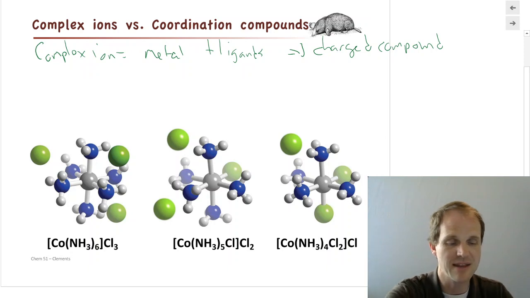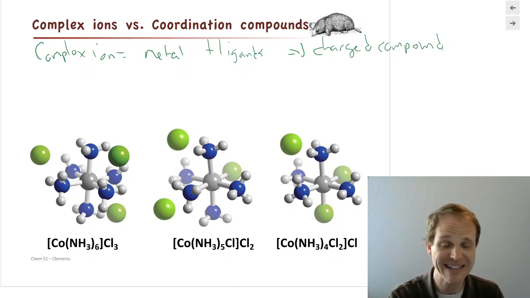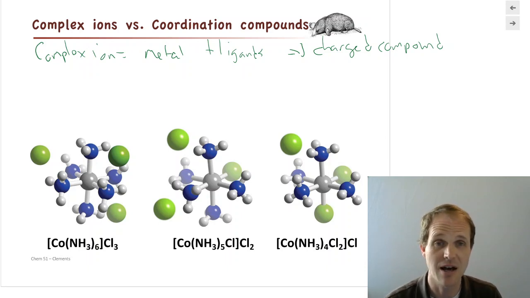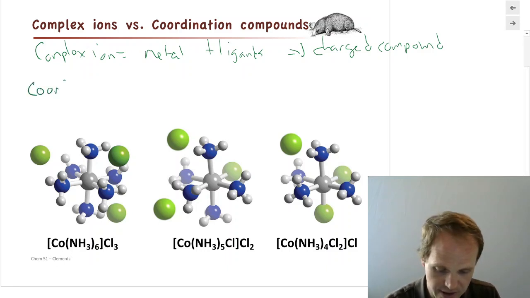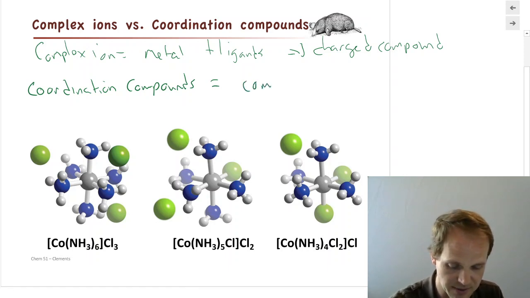So when we made things like cobalt with 6 ammonias around it, we had the metal, which was cobalt plus 2 or plus 3. We put the 6 ammonias around it, and what we had was a complex ion, which was the cobalt complexed with those 6 ammonia ligands, and the overall thing had a plus 2 charge. What we have now is we're going to talk about coordination compounds, which is a superset of complex ions. Because what it is, it's a complex ion